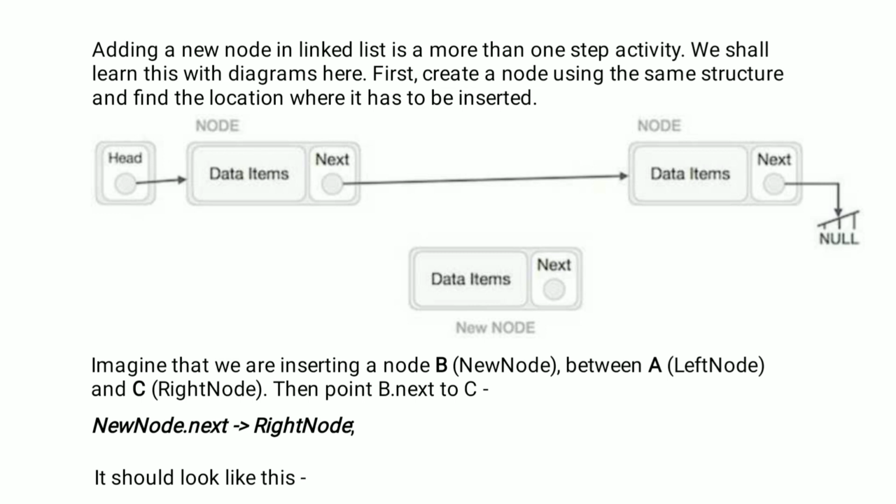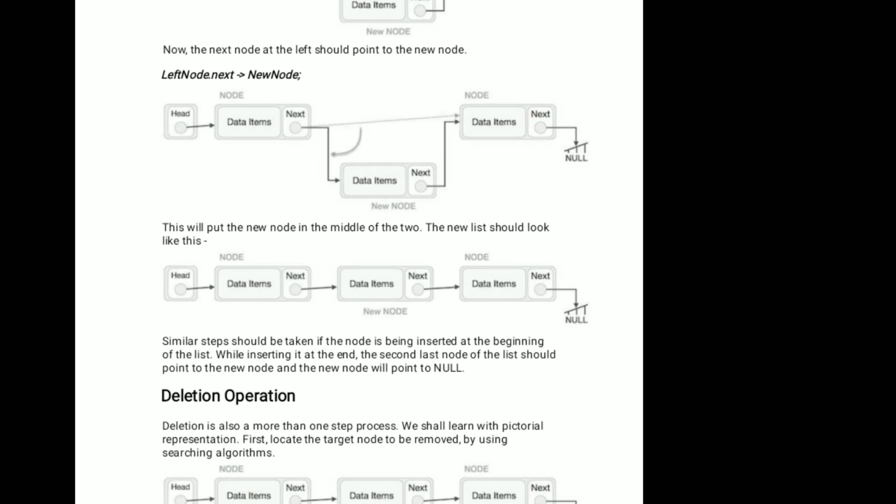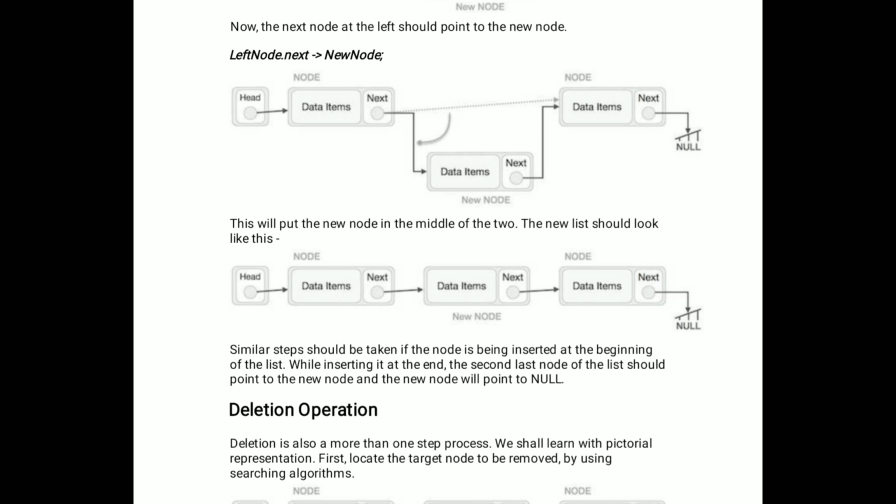By using the insertion operation, we can insert the node B in between A and C. See the diagram here. To insert the new node B between A and C, the next reference of the A node is connected to the data element of B, and the next reference of the B node is connected to the C node, as shown in the figure. After performing the insertion operation, the latest list is like this.